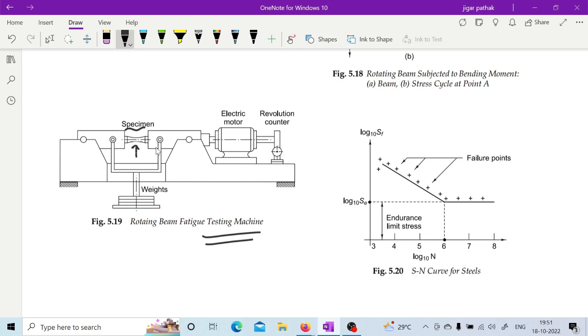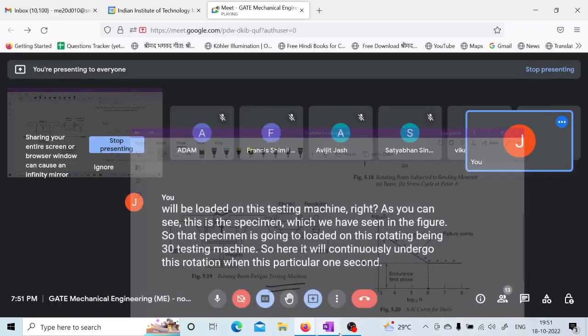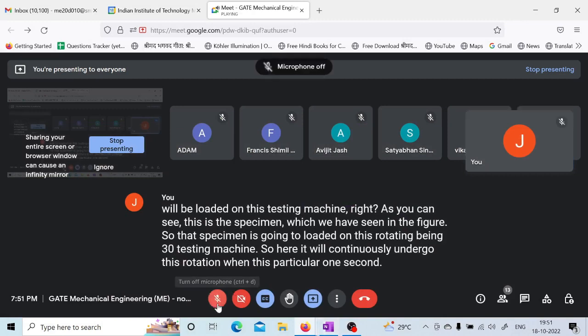When this particular... one second, hello,